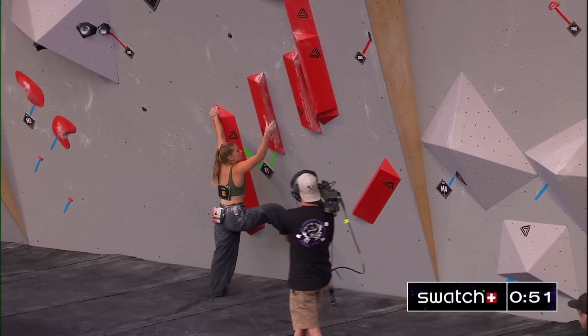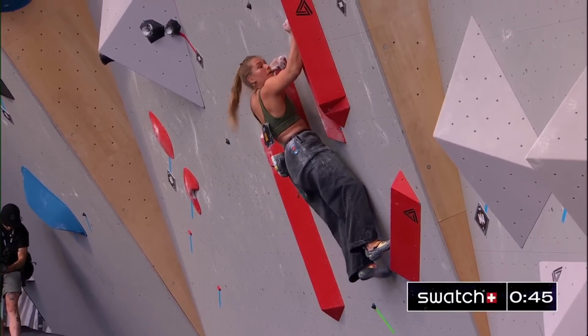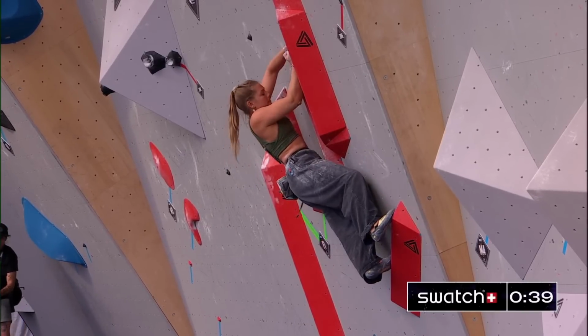So she's really going to be fighting for this zone hold now, because every opportunity for points is going to matter in this finals round. Well, she's under a minute left here. Let's see if she can get herself past that red line. Just got to find